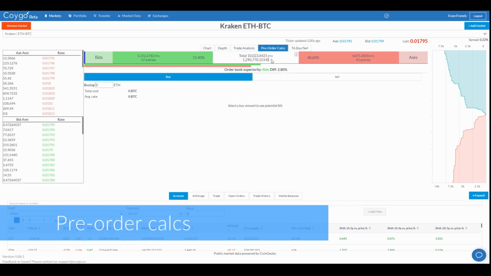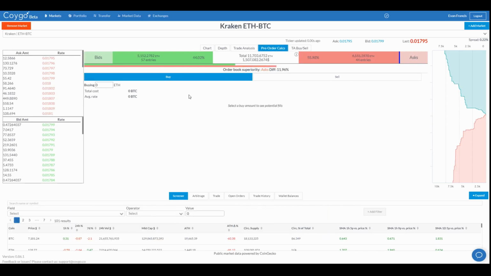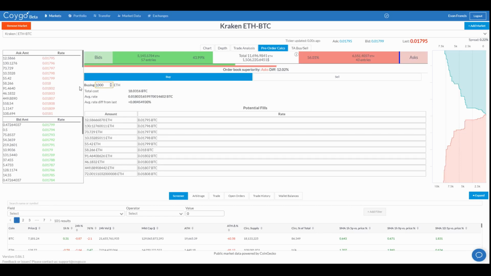Moving on, the next data view we have is pre-order calcs. These can be used if you want to get a determination of the true cost of an order before placing the order. So say you want to buy 1,000 Ethereum. Your order is going to eat through a good amount of the order book. You're not actually going to get the true last price. So we can see that if you were to buy 1,000 Ethereum, it would cost you about 18.0216 Bitcoin, which is about